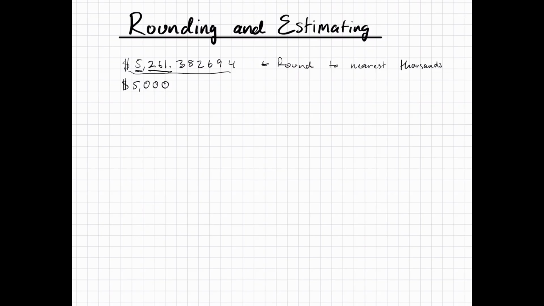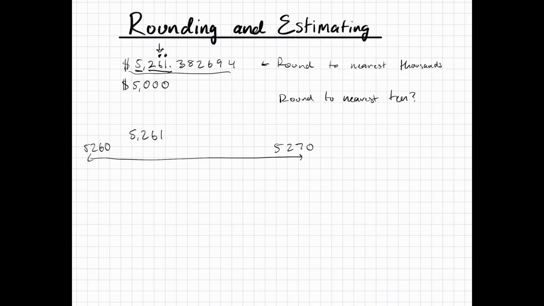So if I say round this number to the nearest thousand, it's 5,000. But what about rounding the number to the nearest 10? Well, where is the tens place? Well, this is the ones place, this is the tens place. So we want to round to the nearest that number. Okay, so we're at 5,261. The nearest 10 is either 5,260 or 5,270, right, on a number line. Those are the nearest tens. All right, so 261, well, this is 1, it's less than 5, and it's going to therefore round down. So rounded to the nearest 10 would be